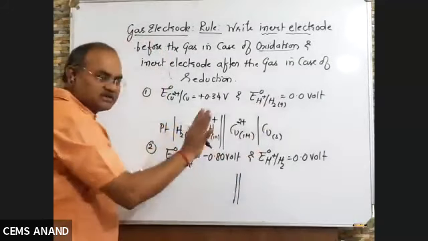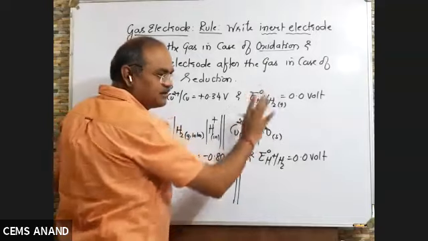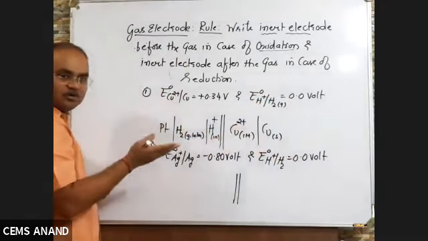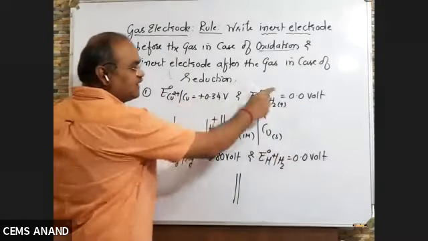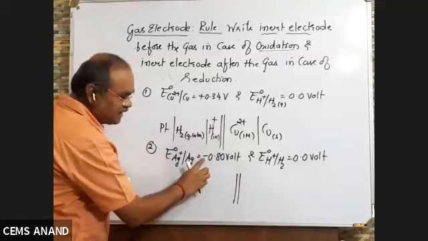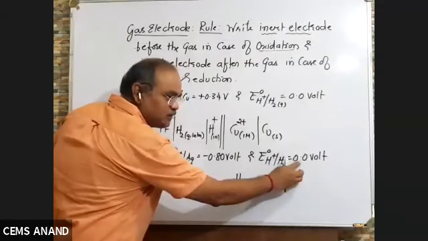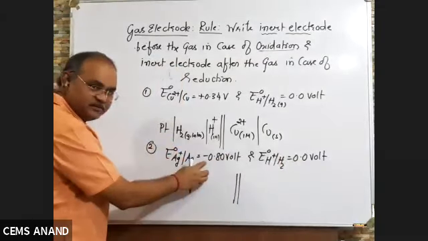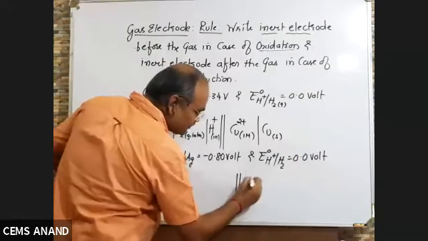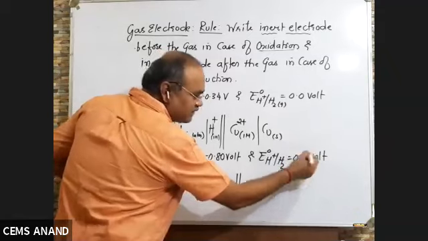See, don't consider that these values which I have given, it may be correct, may be wrong. Hydrogen is correct, but this may be wrong also. But right now, if the values are given, you have to write it according to the values. Now, here I have given you minus 80, here I have given you 0. 0 value is higher than minus 80, right? So this will act as reduction, because reduction value is higher, will act as cathode.